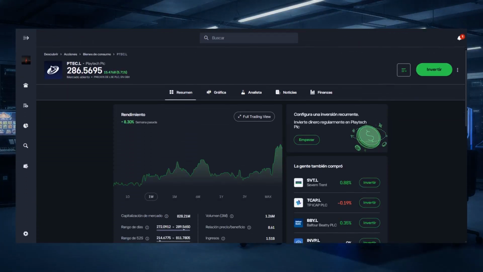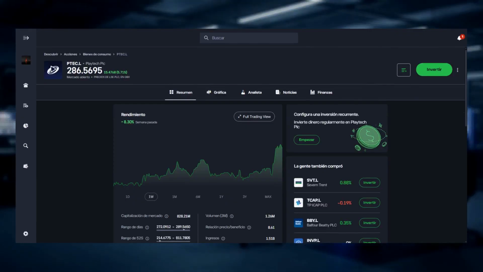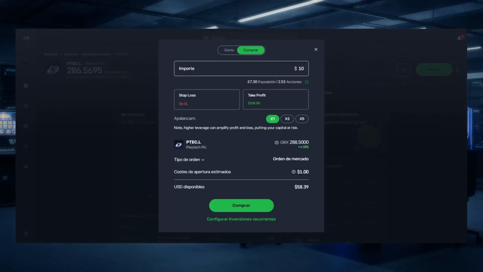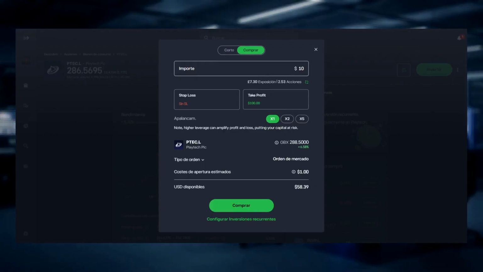On the asset page, review the company overview and the price chart to see recent movements. Confirm the listing name and exchange to make sure you have the correct Playtech Plc share. Click Invest or Buy, enter the amount you want to invest, and carefully review the order details, including any fees,